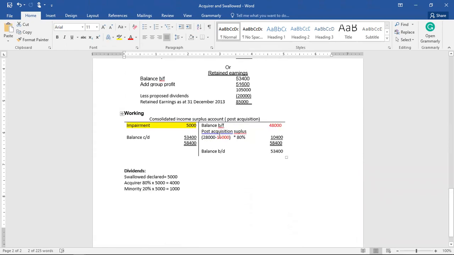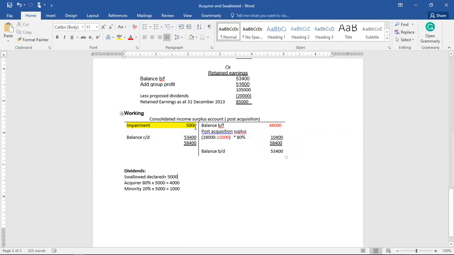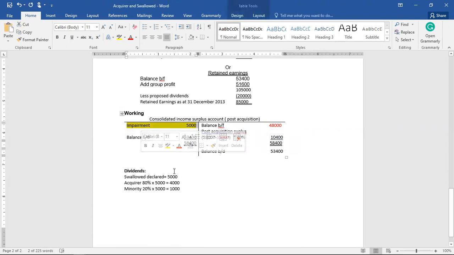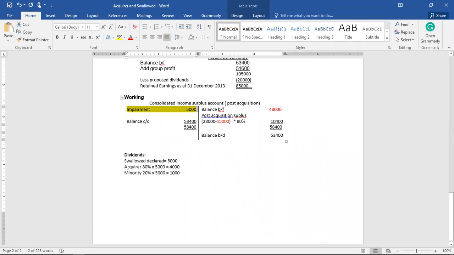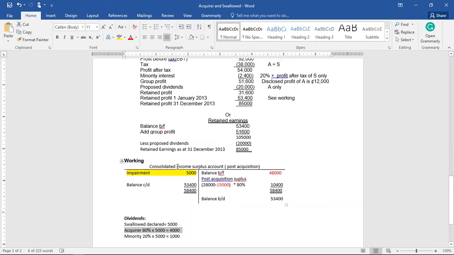Then post acquisition surplus, you already know how to get it, so I'll not waste much time on that. Then goodwill has been fully written off. So the 5,000, we are writing everything off entirely. But in your assignment, you were supposed to maintain it. So nothing comes here for goodwill. And then you balance up the accounts, and then you get this. I have given the breakdown of how I calculate my investment income. That is 80% of the 5,000. Minority gets 20% of the 5,000. So it is this 4,000 that the parent is showing on his account as the investment income.